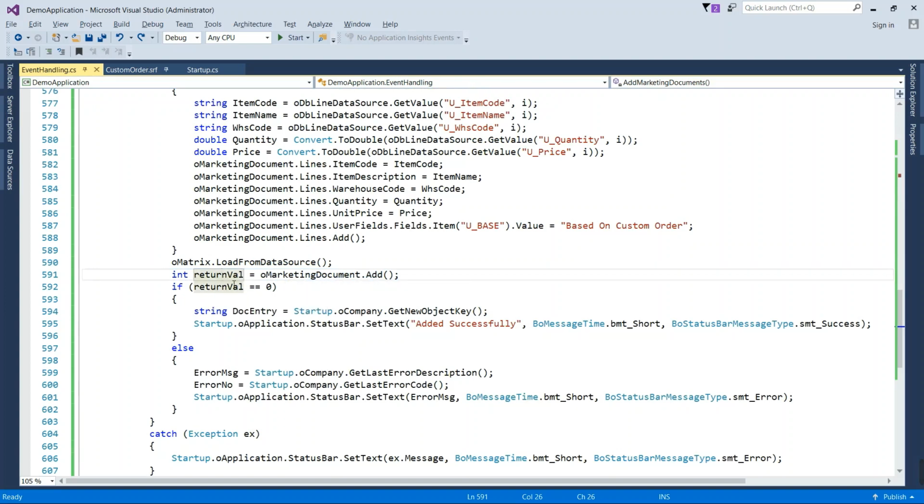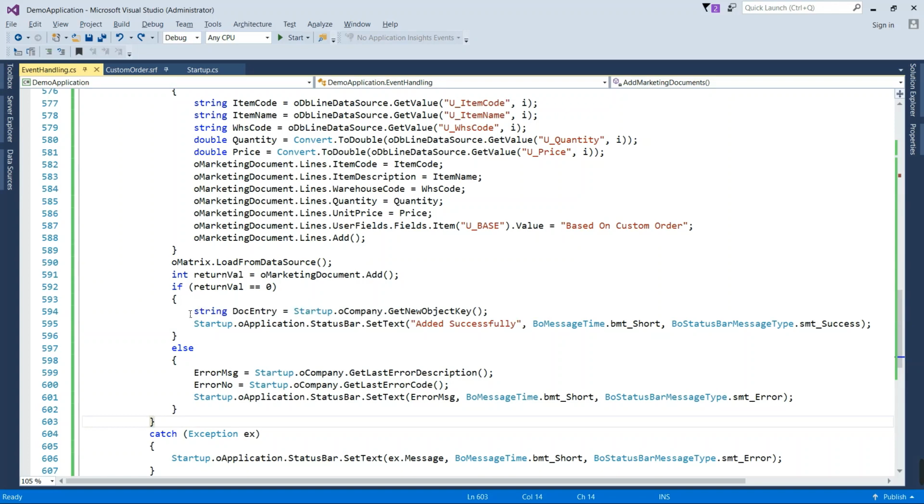If this return value is 0, it means the document has been added successfully. Otherwise the error will come with error code. You can get that error with the help of this line, and also you can get error code with the help of this line of code.